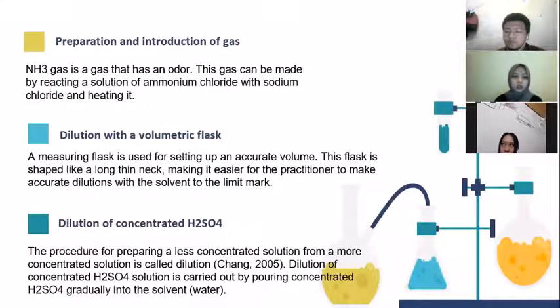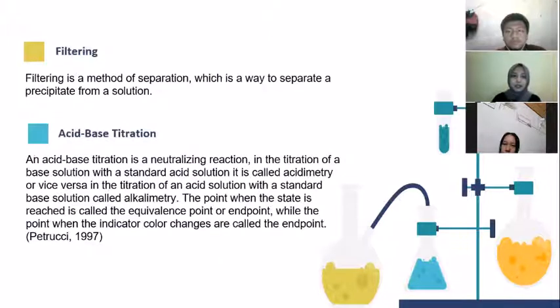Dilution of concentrated H2SO4. The procedure for preparing a less concentrated solution from a more concentrated solution is called dilution. Dilution of concentrated H2SO4 solution is carried out by pouring concentrated H2SO4 gradually into the solvent or water. Next,